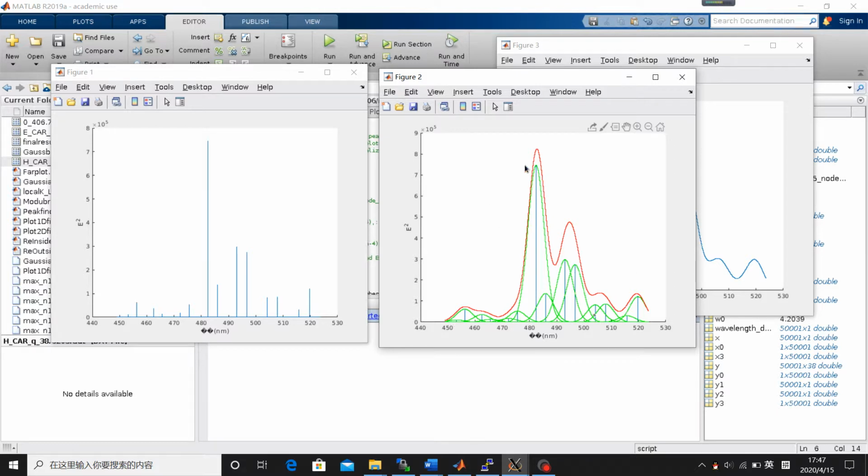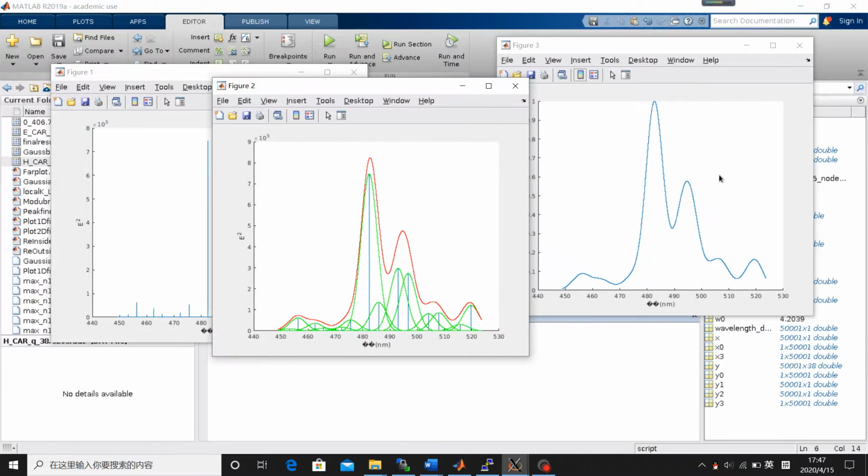And finally we do the superposition to form the final spectrum, which is the red curve. So the red curve is the superposition of the green curve,